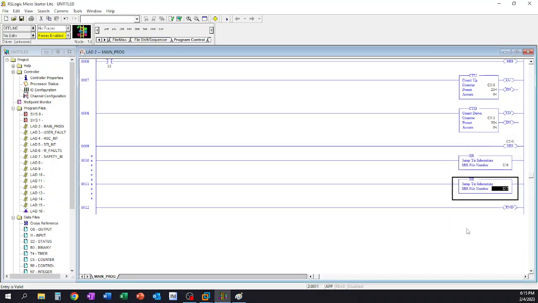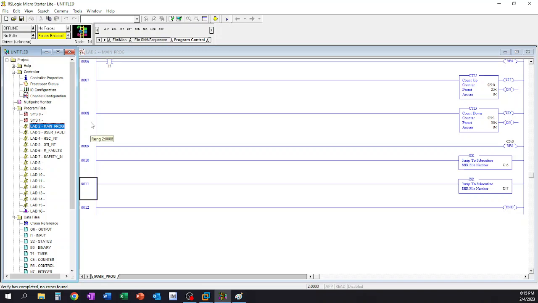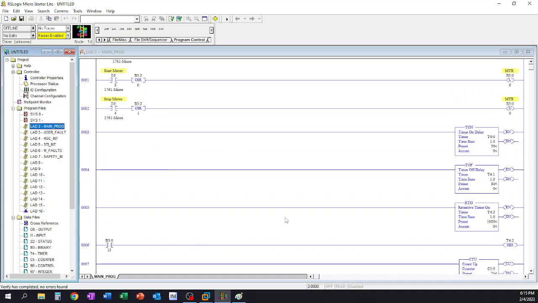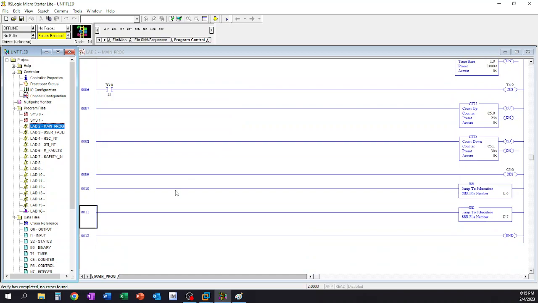And again, I'm not going to put any description on it. And then we're going to verify our project, and it's going to say, okay, we're happy with everything you did there. So what this does is that this particular rung 2 is your main program or main routine. And it's always going to scan this routine in order